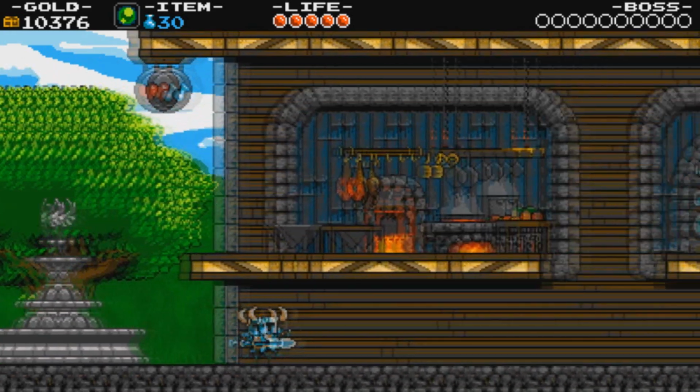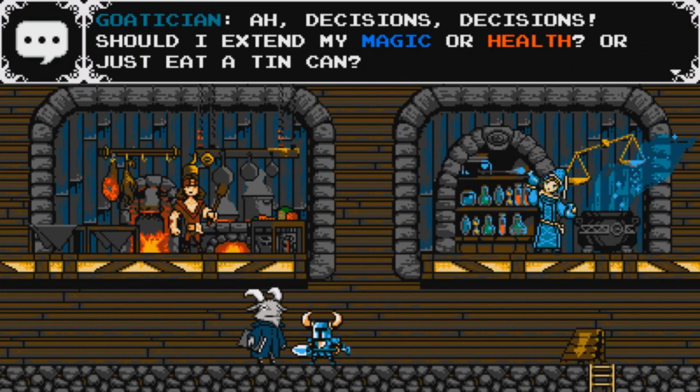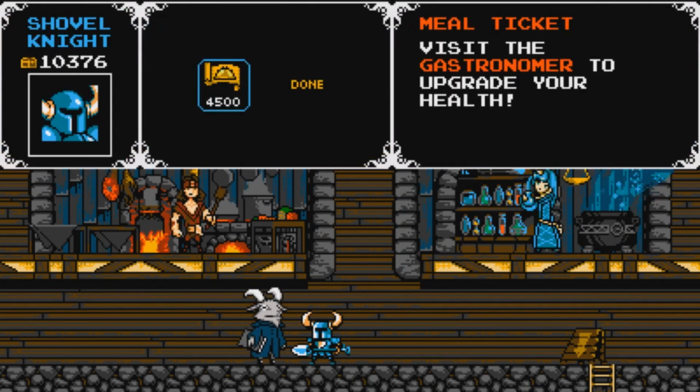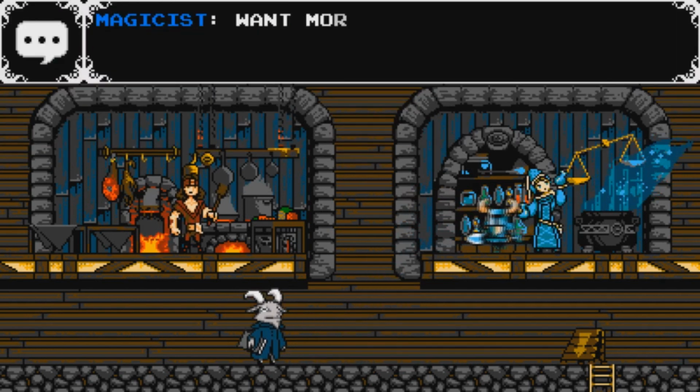Sorry, I kind of botched the reading of that, I guess. So let's go ahead and, if we talk to you again, are you selling another meal ticket? You are, for 4,500. Let me see if, before I do that,